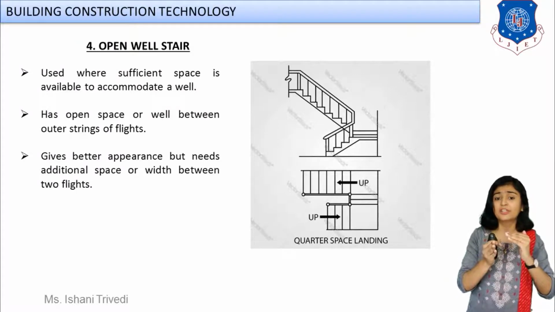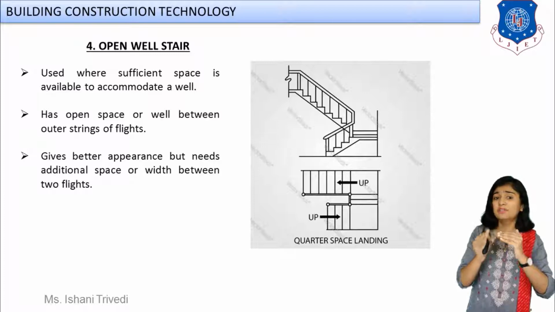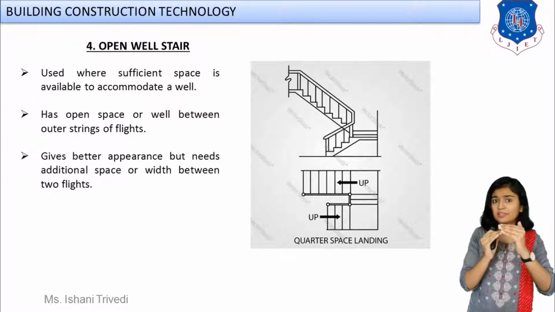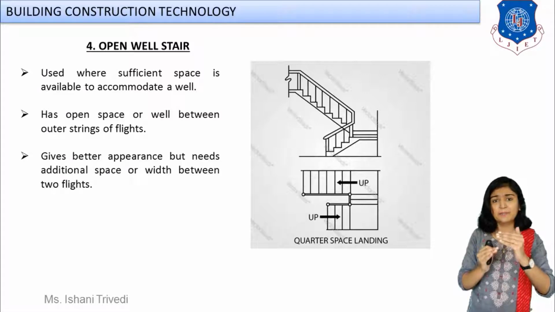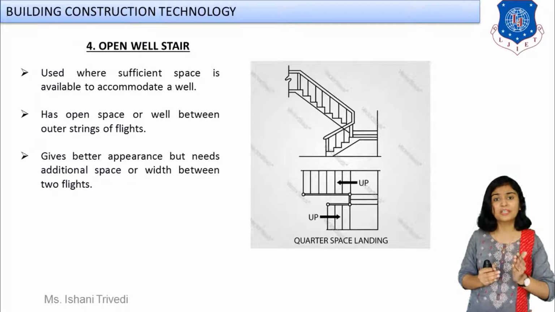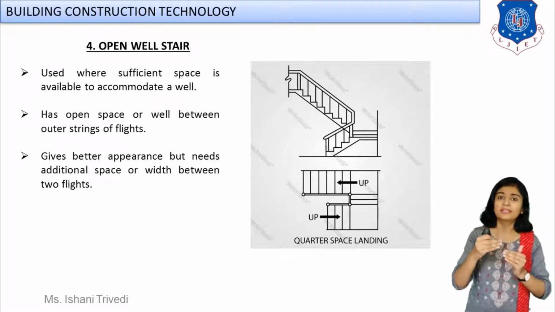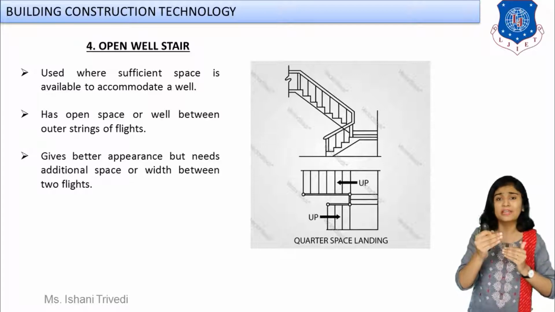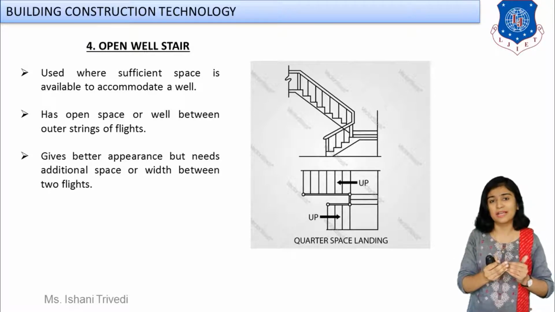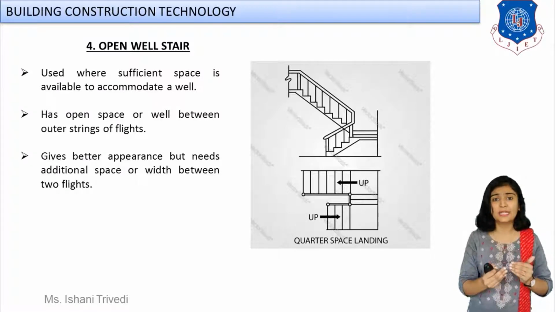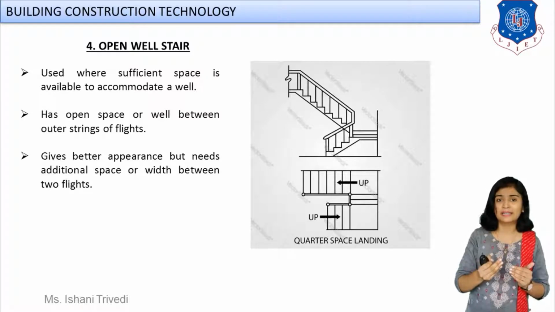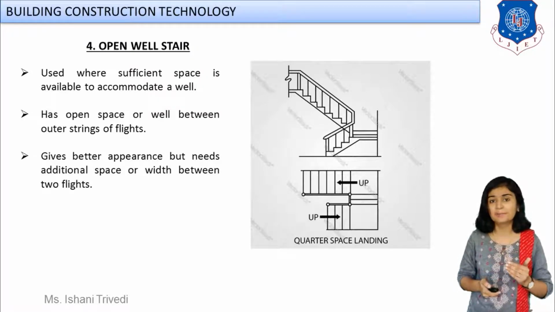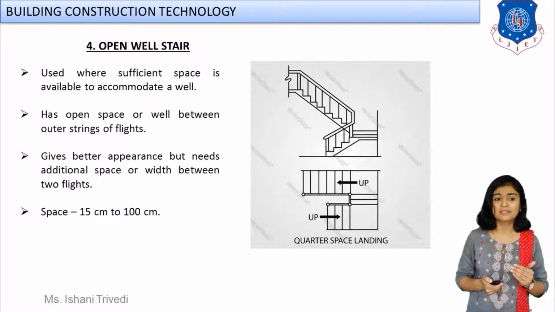At the half turn you have again it is divided into two landings. Your half turn is divided into two landings, and in between a flight of 3 steps is provided. Okay, this is the only difference over here. Otherwise the open well, that is the space in between, remains the same. Okay, and how the cross-sectional elevation is shown, that is also flashing at the top. You are also supposed to draw this if it is asked. Okay, so this is your second type of open well stair with mid landing, right? With mid landing and mid steps, this is your second type of open well stair.